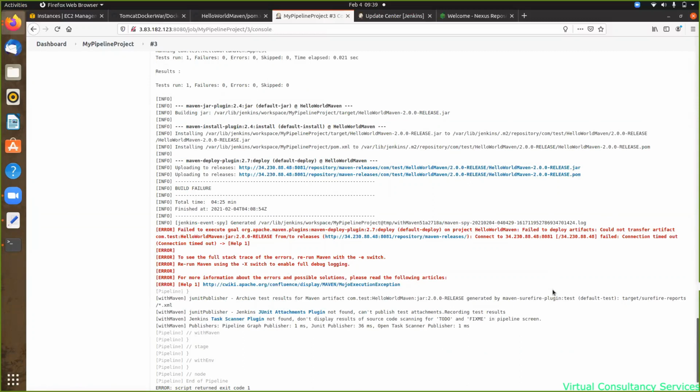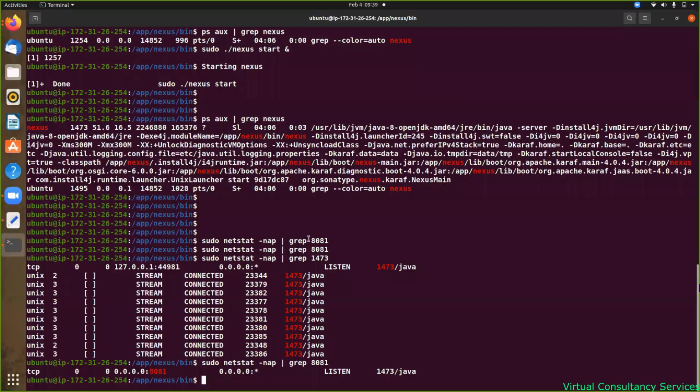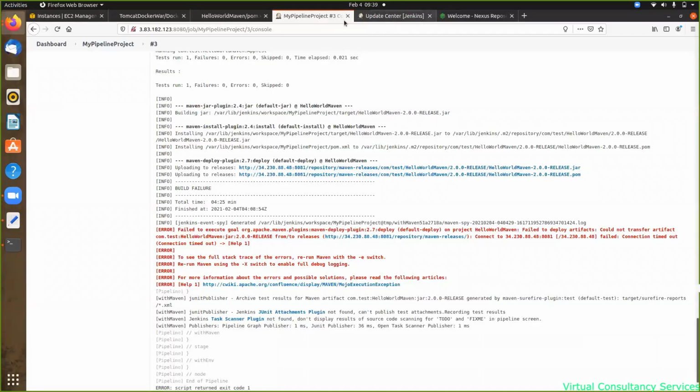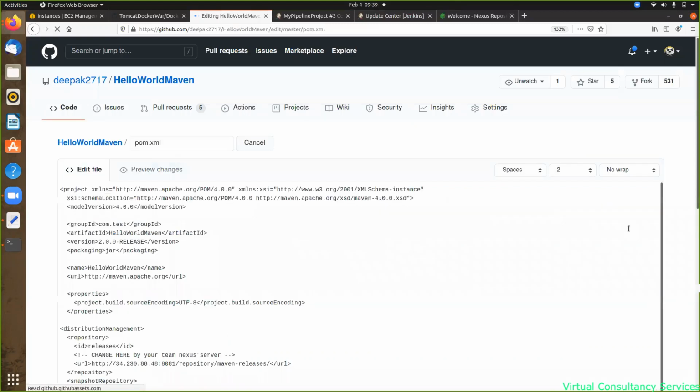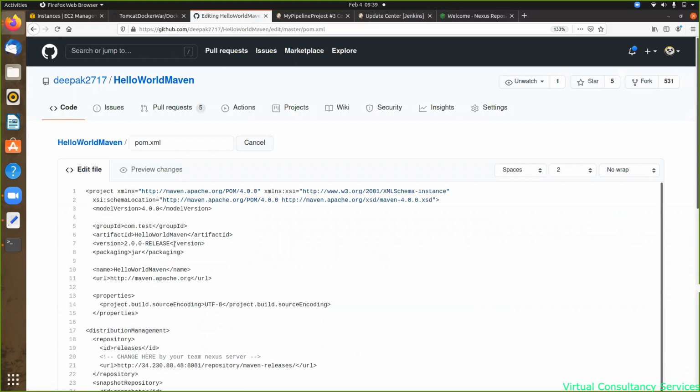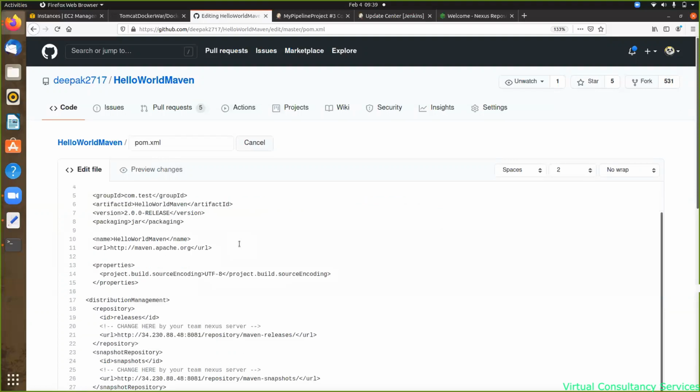और इसने देखो यहाँ पे इशू क्या दिया है, you can see connection timed out, connection time. Now let's go to our pom.xml and edit it. अगर हमें रिलीज में डालना है तो हमें ये वर्जन चेंज करना पड़ेगा, है ना। अगर हमें स्नैपशॉट करना है तो we have to change the snapshot, तो same version पे स्नैपशॉट चल जाता है, बट रिलीज नहीं चलता।